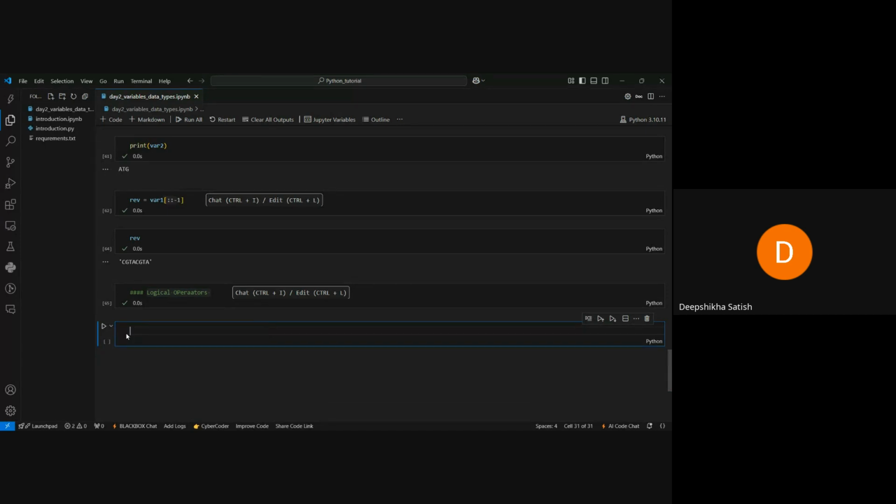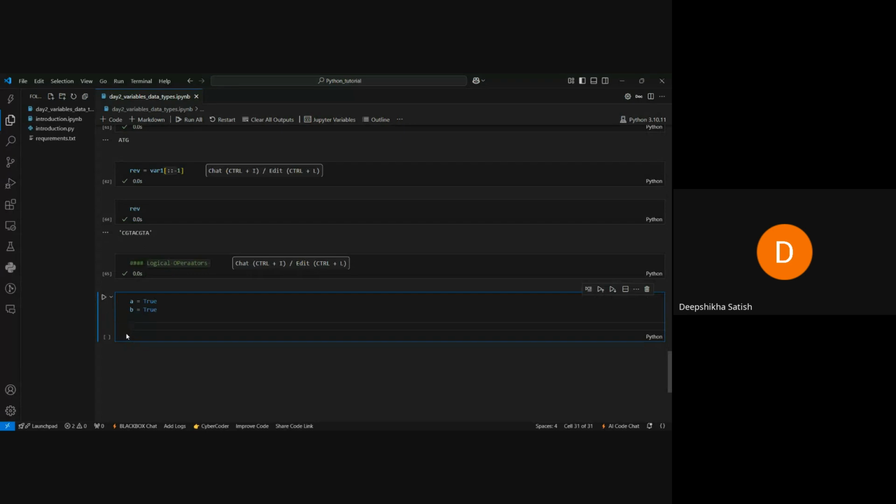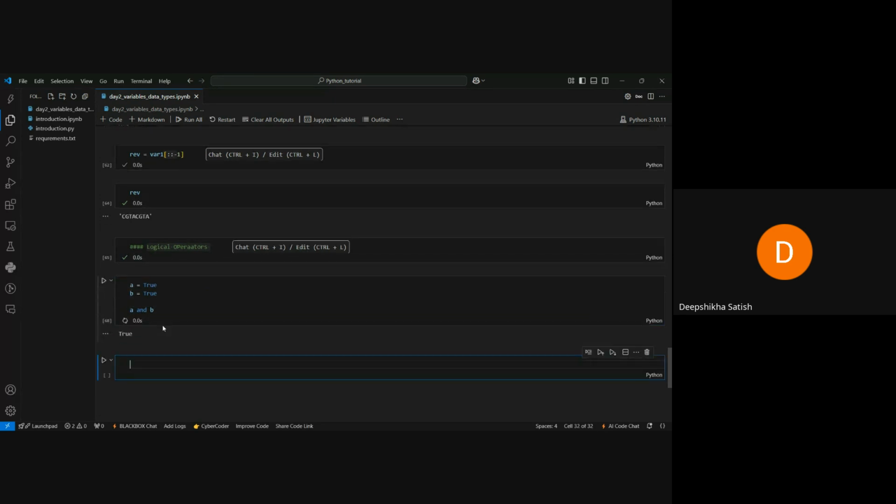Okay, so let's create two logical operands. A is equal to true, B is equal to true. Okay, so A and B. If I write this, it will give us a true or false value. So in our case, both are true, so the result of the and operator will give us